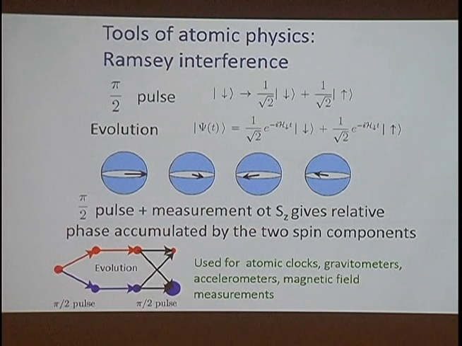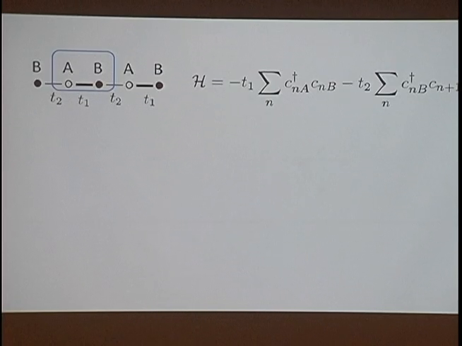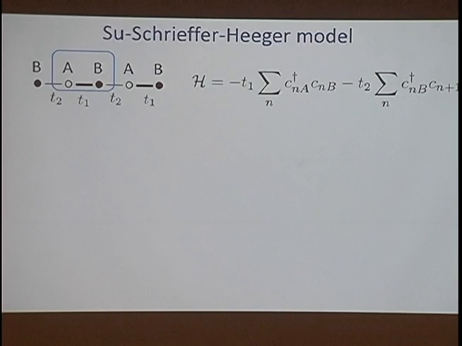And what I'll be talking about today is actually the application of a simple idea to measure interesting states of matter. In the first case, this will be a probe of topological states of matter. In the other case, it will be a probe of a very interesting state which is a result of competition of interaction and disorder, the so-called many-body localized phase. Okay, so let me start by talking about